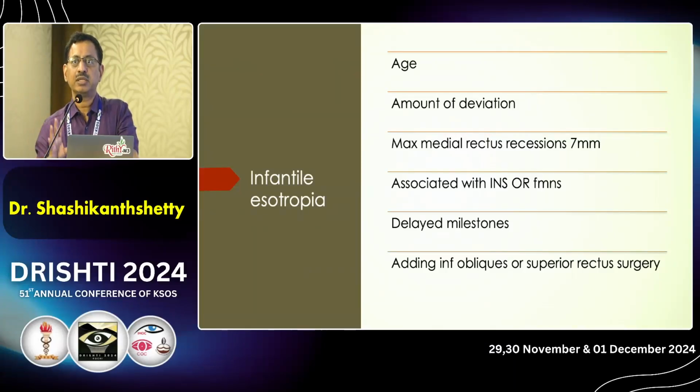So if you correct their esotropia, the head tilt might persist, because we are not treating their INS, or the INS might get better, or you are not treating their dissociated vertical deviation, which will create a head tilt. The head tilt is always towards the side of the fixing eye. Okay, it can be a contralateral head tilt also, but most of the time it's an ipsilateral head tilt towards